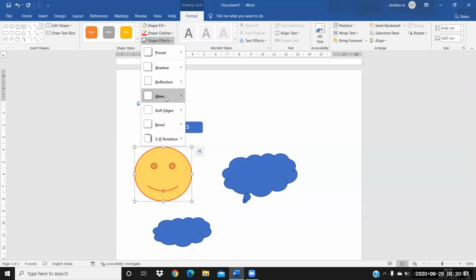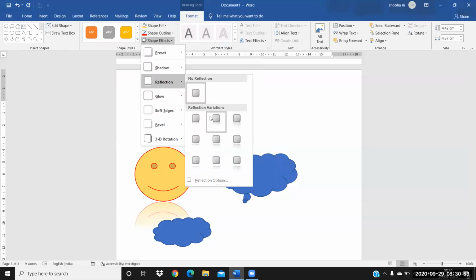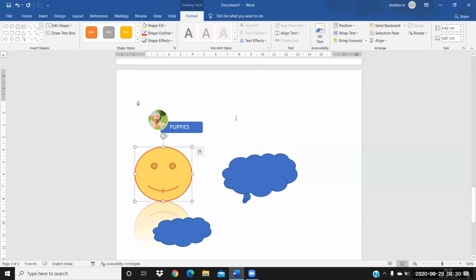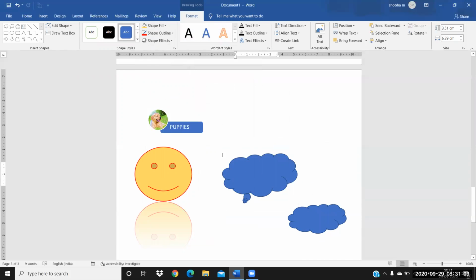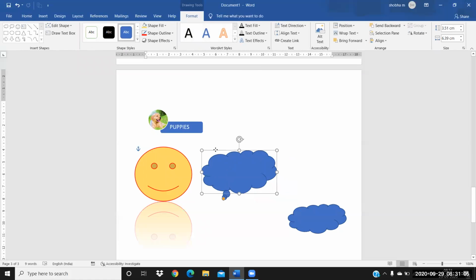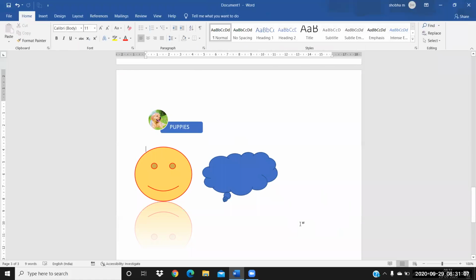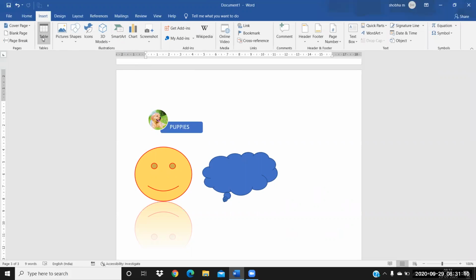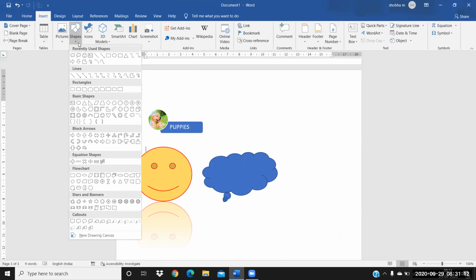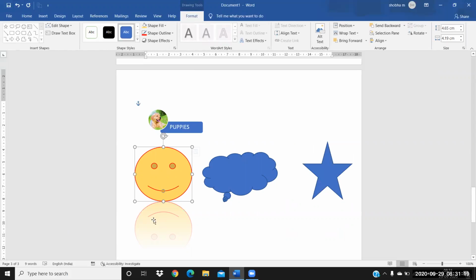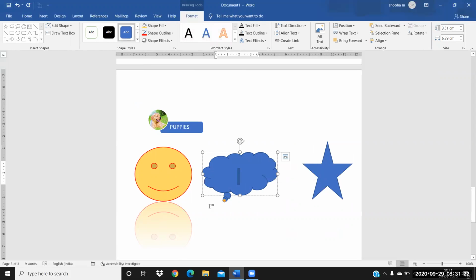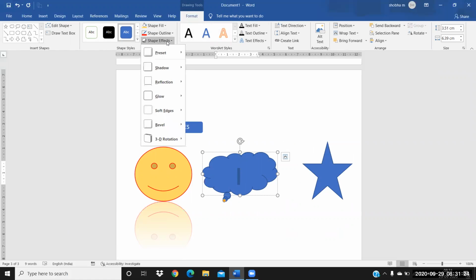And effects for your outlines, you can give reflections or any other effects. See, I'm selecting this outline. Now you see the reflection of that outline, how it is shown. And here you can also give some shape effects.